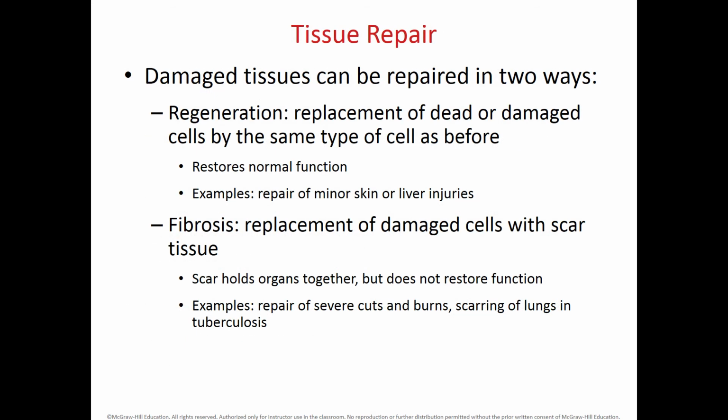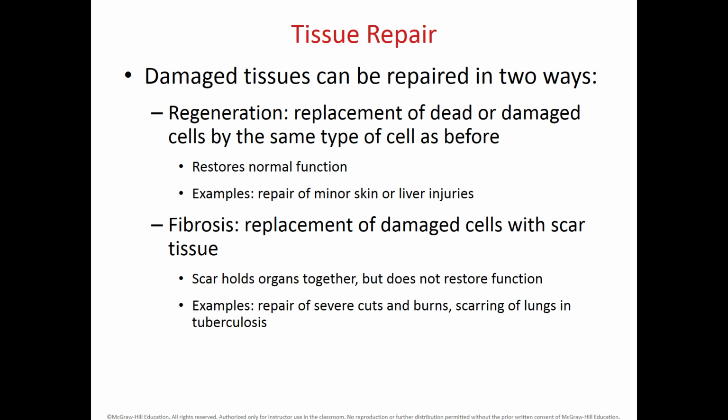So in the case of tissue repair, damaged tissues can be repaired in two ways: by regenerating the cells, or replacing the cells that are damaged or dead with the same type of cell the tissue used to have. And this will restore, of course, the normal function because you are replacing these cells with the same type of cells. Examples of this regeneration are the repair of a cut in the skin or